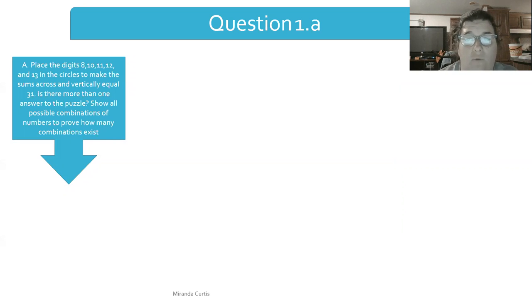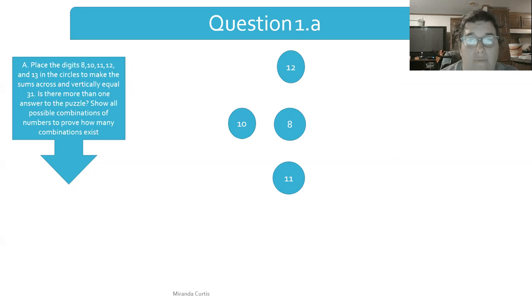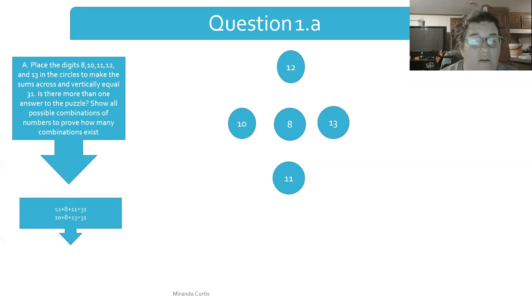Okay, so we have to start with our circles. Okay, we have 12, 8, and 11. You add all three of these together and you will get 31. Then you do 10, 8, and 13. Again, this will give you 31. There are only two possible